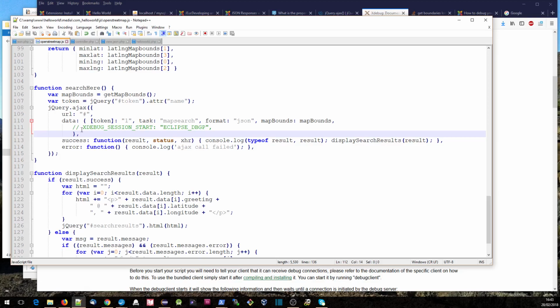Sending something like XDebug session start here as parameters, so that Debug will actually pick those out and recognize that it needs to run the debugger in that case. So for example, if we go back to Eclipse,